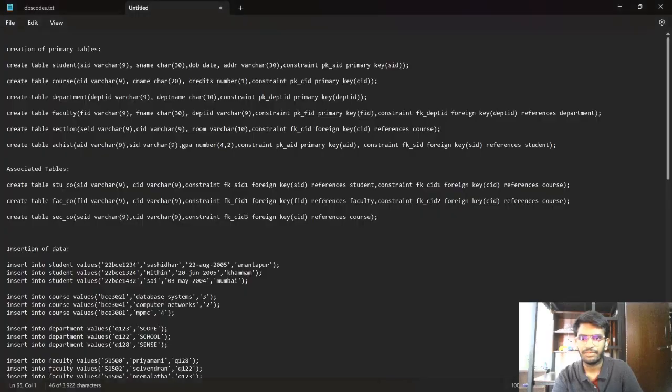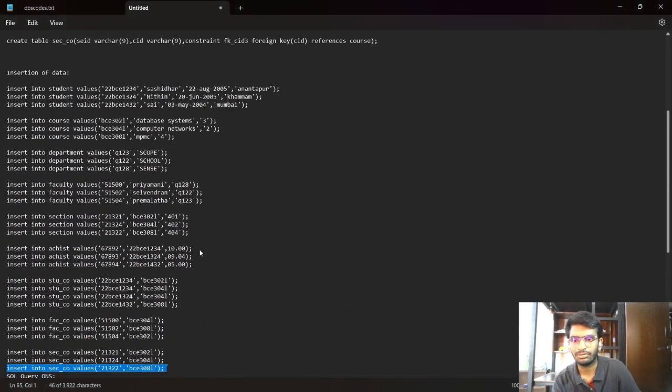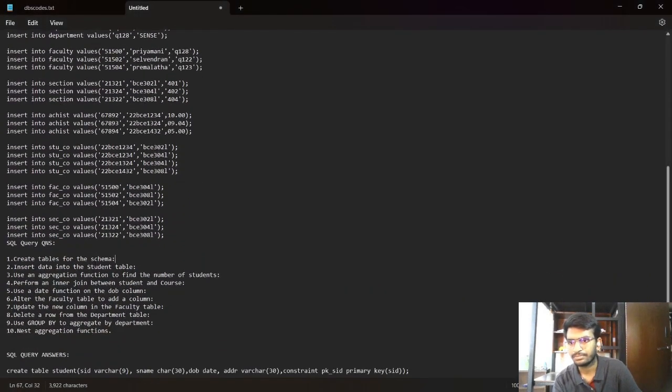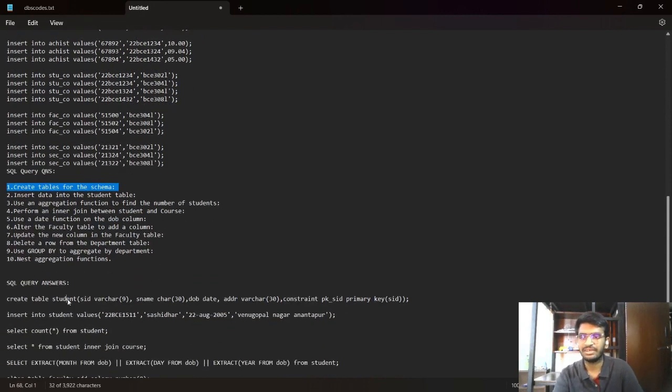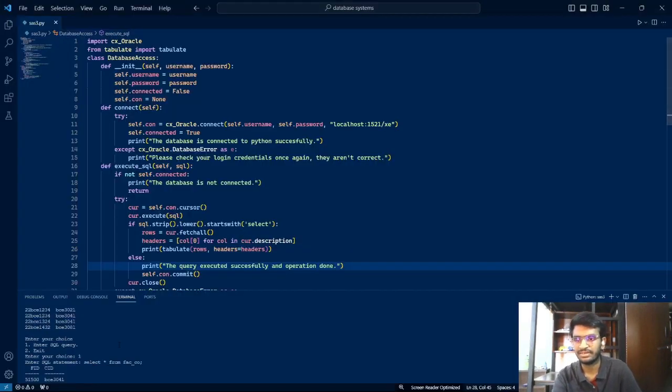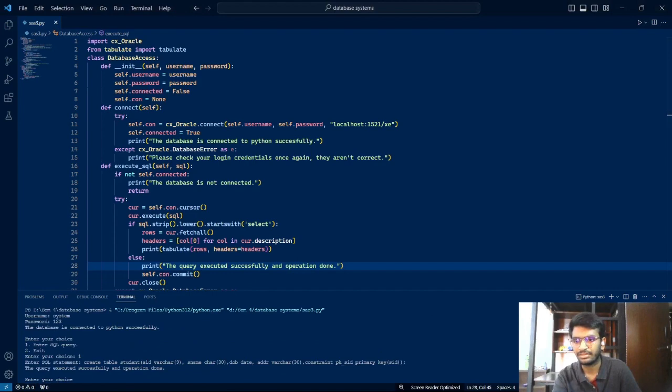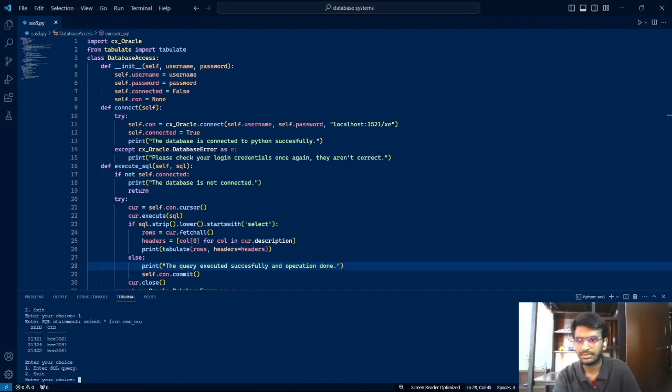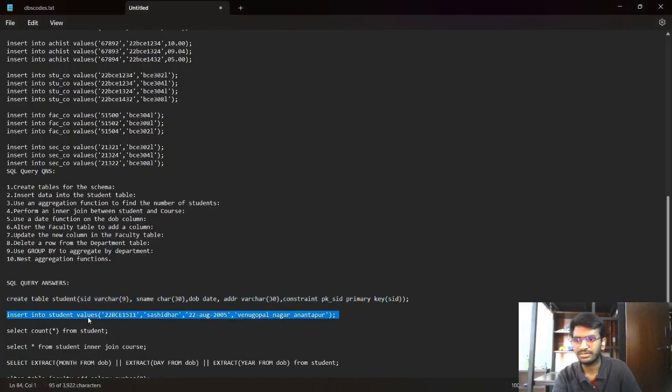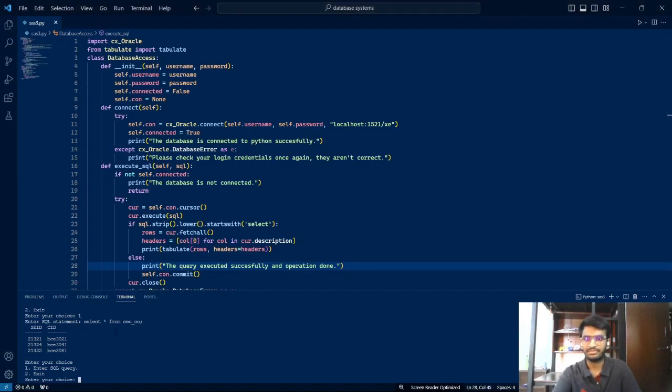So we have some questions, so we'll solve those questions first. The first question is to create the table schema. We have created the table schemas already, as you can see. After that, the next question is to insert into student values. As we can see, we inserted and printed the values as well. And after that,